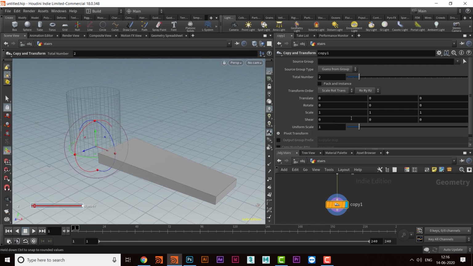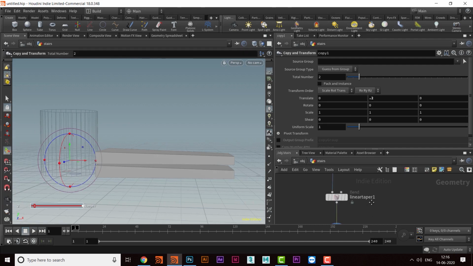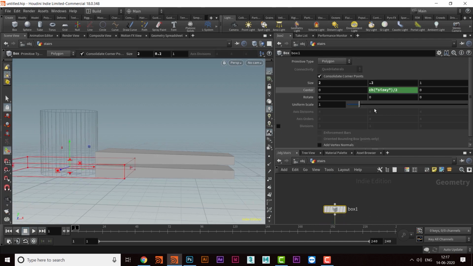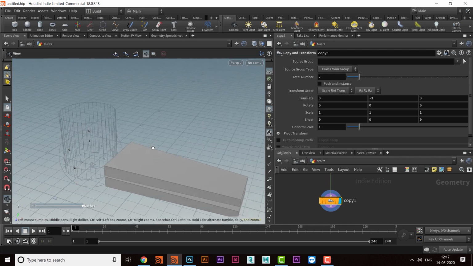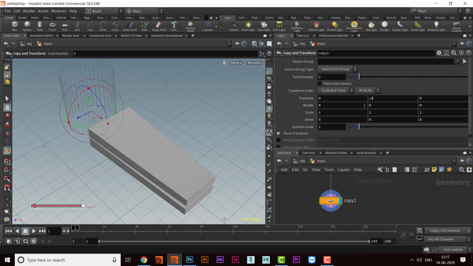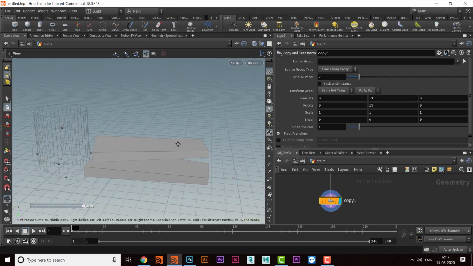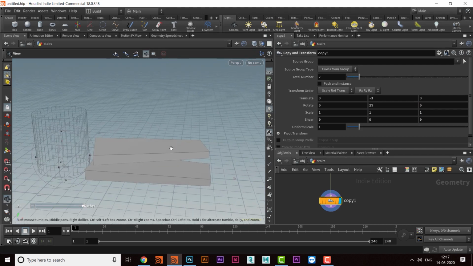First of all, I will take this translate value of y, that is 0.2. Why 0.2? Because the width of this box is 0.2. Just for now I am taking this value. And then I will take the rotation between two staircases to be 15 degrees.